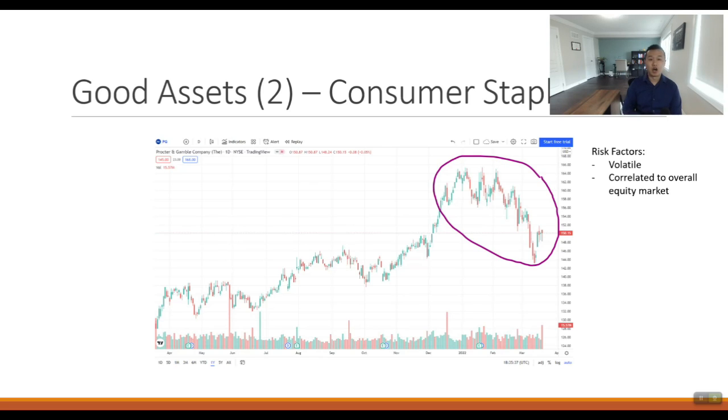Doesn't matter how much gas price goes up, right? Gas price can go up to $17 per gallon. I need to use toilet paper. I need to buy cereal for breakfast. I'm not going to have a little bit less cereal because the gas price has gone up, right? So their core business model is not going to get hurt, but their valuation metric could get hurt. They could go from an 18 multiple to a 16 multiple just because the market doesn't like it anymore. And in today's context, it's more like going from a 25, 26 multiple to like a 22 multiple, and that can get hurt a lot.